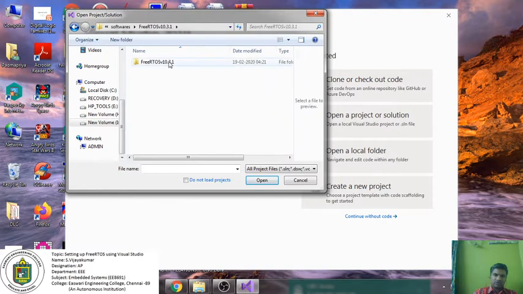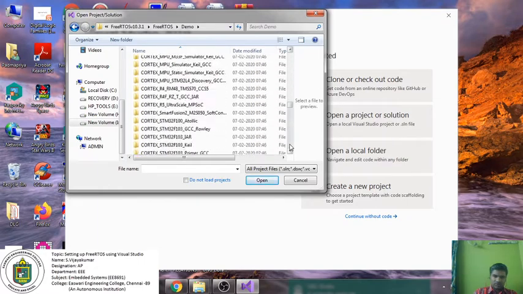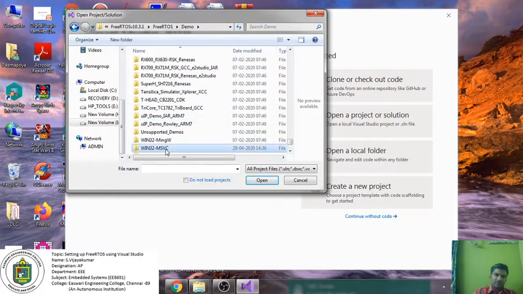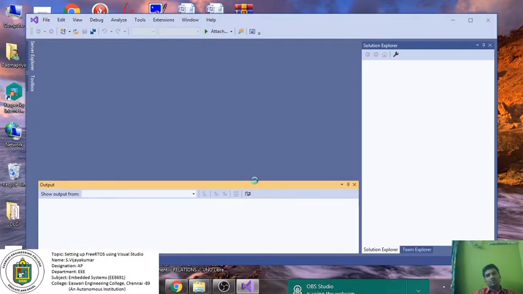Just click it, then go to FreeRTOS demo. Directly go to Windows 32 MSVC. Just carefully click it. Then you can click the SLN file. Click open. Once you click it, the project will open in Visual Studio. That's it. Very simple one.